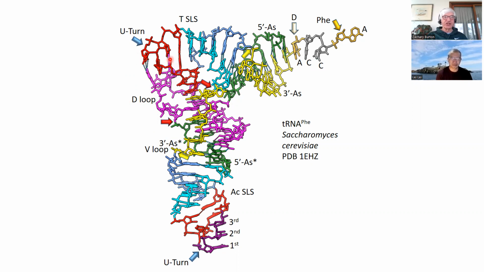And here you have a G intercalating between these two bases and forming a hydrogen bond to this U before the U-turn in the loop. Here you have the anticodon stem loop stem. Here you have the T stem loop stem, like that. Stems of 5. So 5 plus 5 is 10, plus 7 is 17.